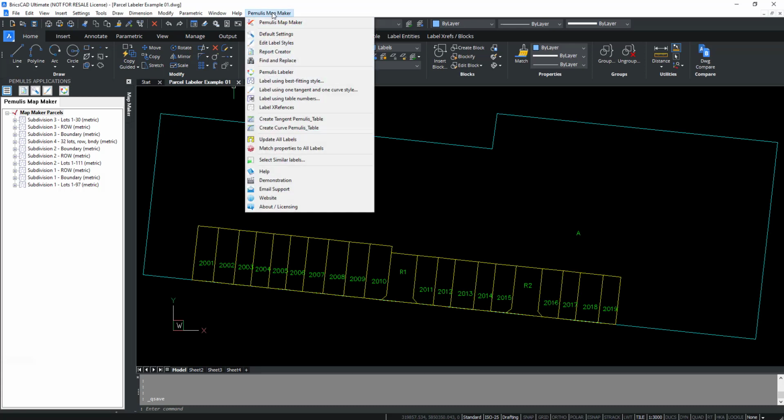Hello, in this version we'll cover Pemulis Map Maker and we'll look at our geometry, see what we have here. This is just some sample data. We'll define parcels. We'll create a project so we can put those parcels in there. We'll label the parcels. We'll just use the Pemulis Parcel Labeler to generate some appropriate labels. We might use the find and replace application, and we'll generate lot labels, and we'll take a quick look at